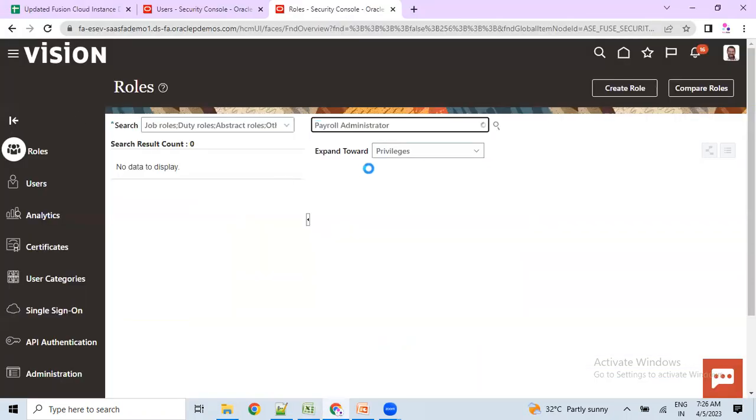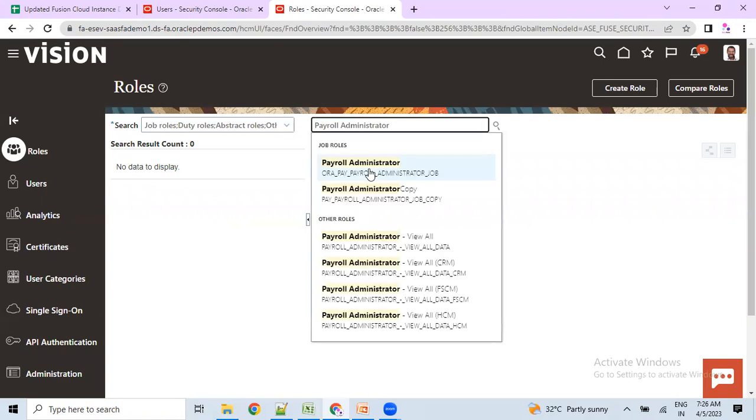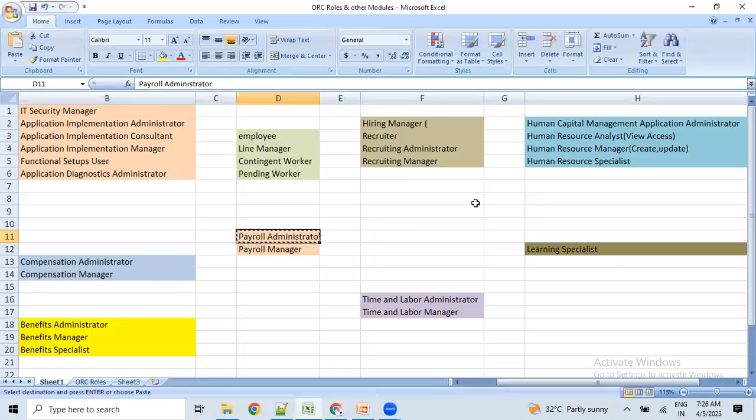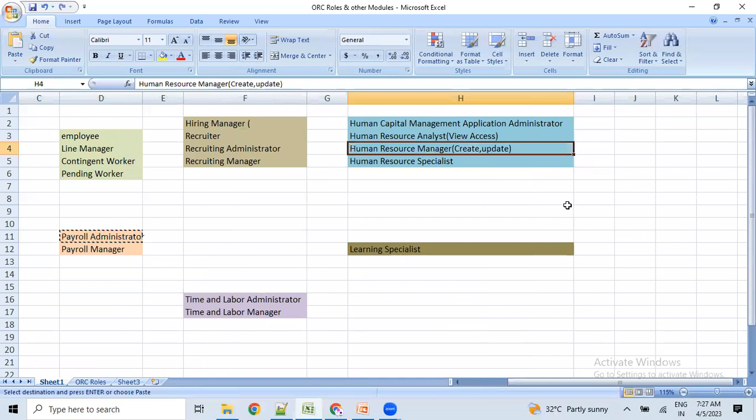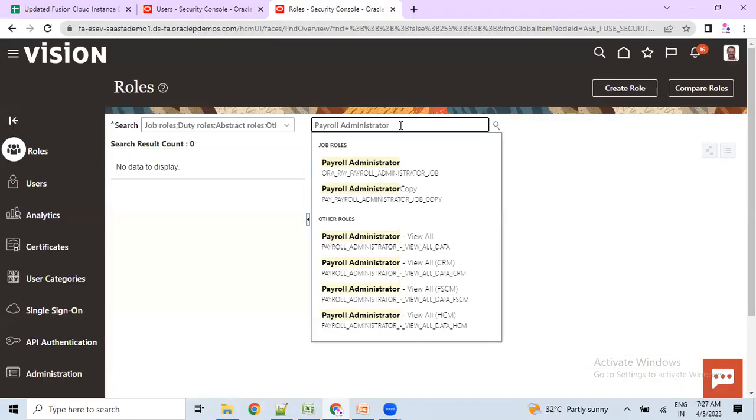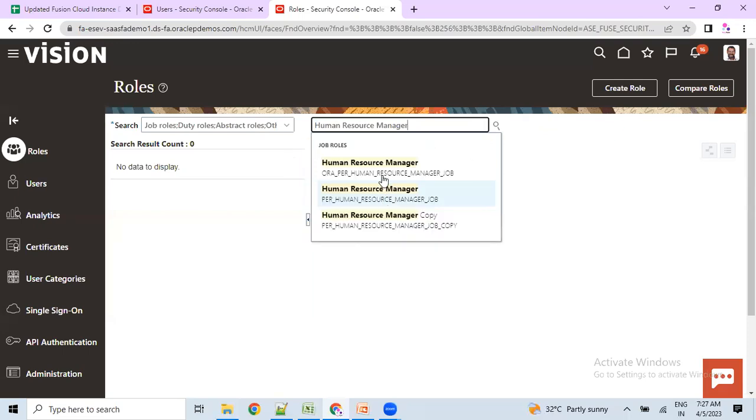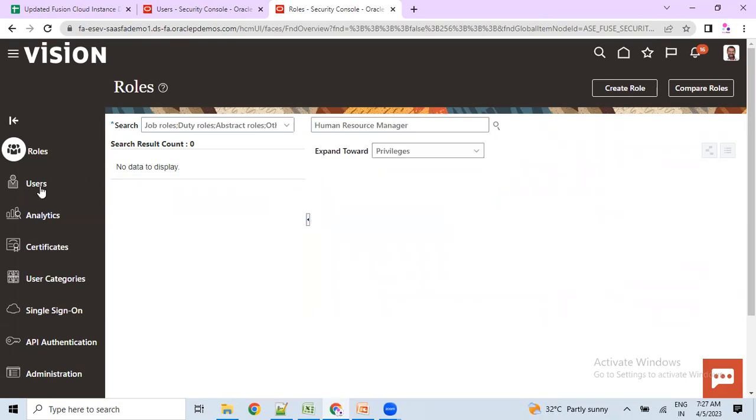All these particular roles will be available here. See payroll administrator, or I'll search related to core HR, human resource manager. See ORA, all the roles are already available, but as per our requirement we need to